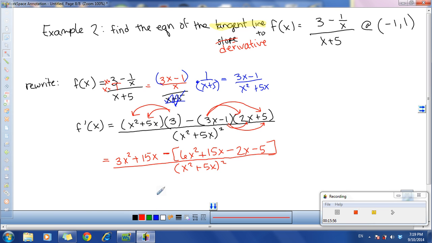And I'm not going to FOIL that. That's way too much work. Okay, so I'm going to distribute this negative, so that becomes a plus, minus, minus, plus, plus. Okay, combine like terms on top, so I have a 3x squared, and I have a negative 6x squared, which is going to give me a negative 3x squared. I have 15x minus 15x plus 2x, so plus 2x. And then I have just a plus 5 all over x squared plus 5x